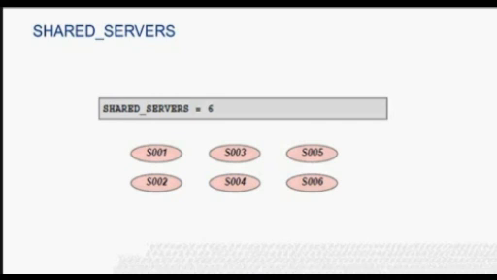If we want the Oracle database to use shared servers, we must set the shared_servers parameter to at least 1. If we omit the parameter or set it to 0, the Oracle database does not start any shared server at all. We can subsequently set shared_servers to a number greater than 0 while the instance is running.